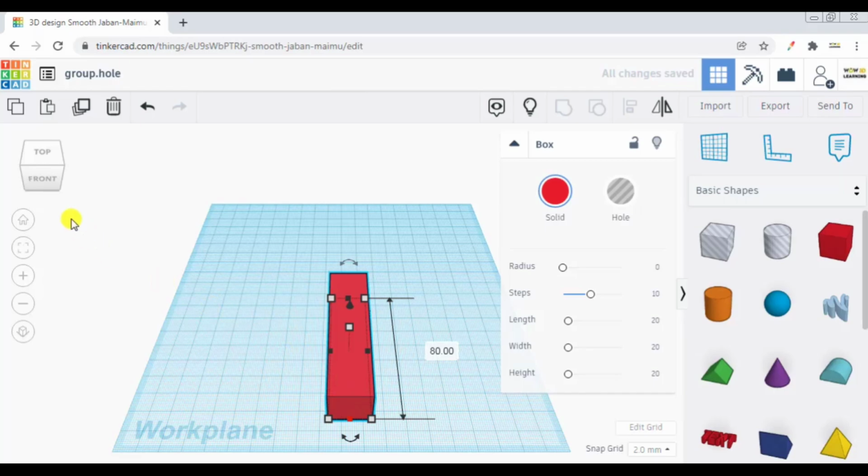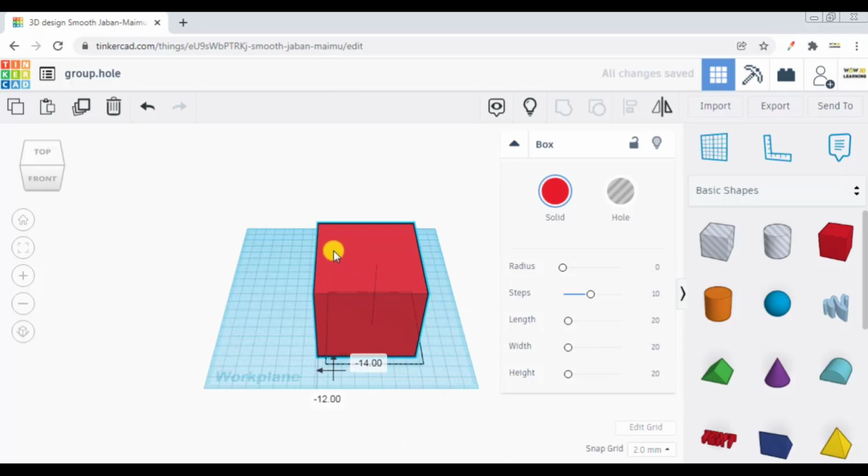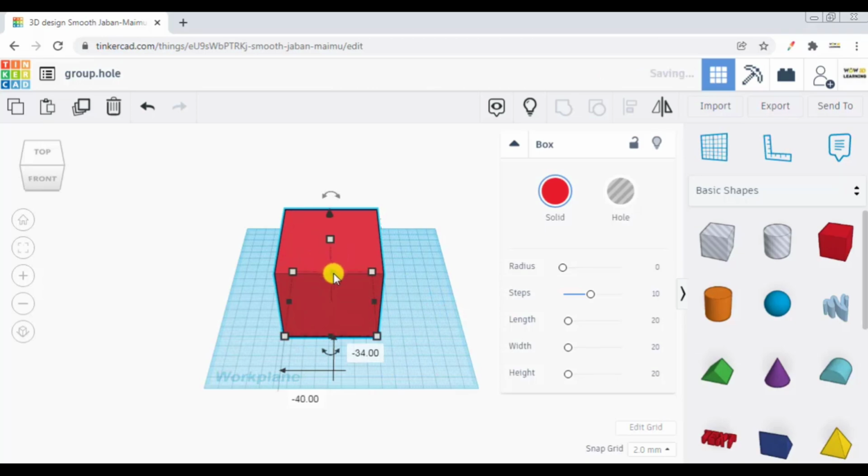Let me give it side also equal to 75 and let me increase the height to 70. So this is a box whose dimensions are 80 length.